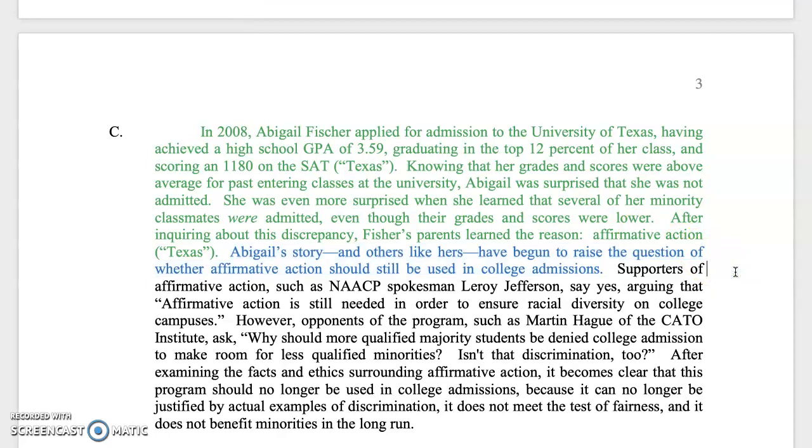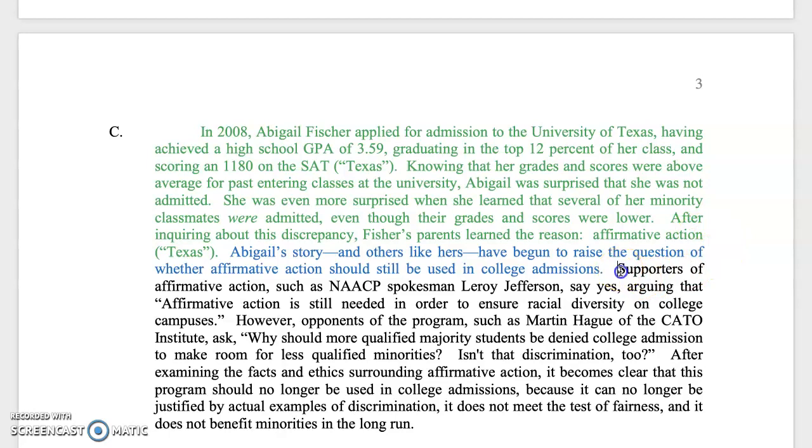This story, right, so a little transition, has begun to raise a question of whether affirmative action should still be used. So that's the issue, and it uses the word whether, right? You can use should or whether here, saying, well, that's the question. That's what people are debating. It's very important to stop before you frame it and say, here's the question. This is the issue we're debating. People have to know that. And again, using the word should or whether helps. All right, then we're framing it.